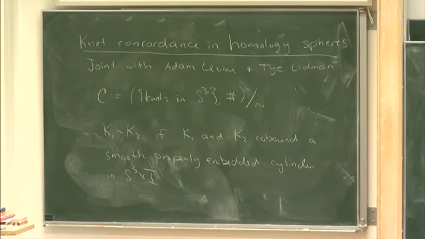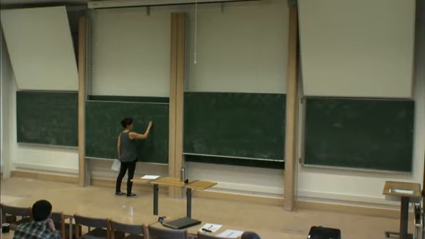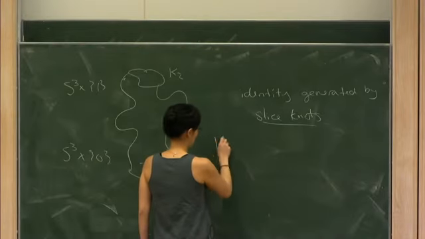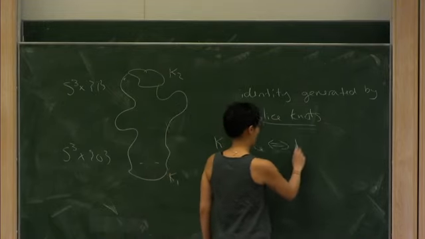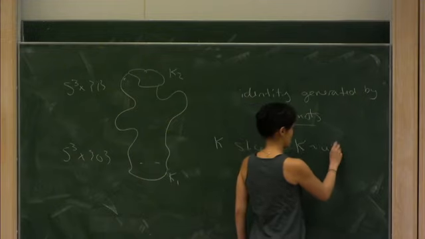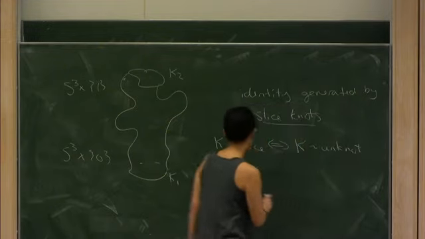And so the identity is generated by what are called slice knots. So a knot K is slice if it's concordant to the unknot, or equivalently,